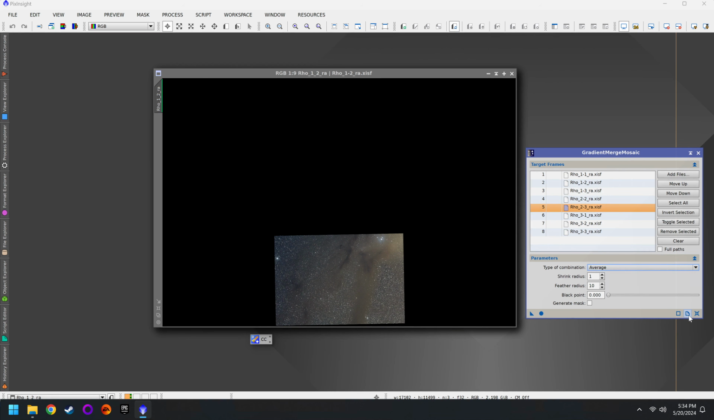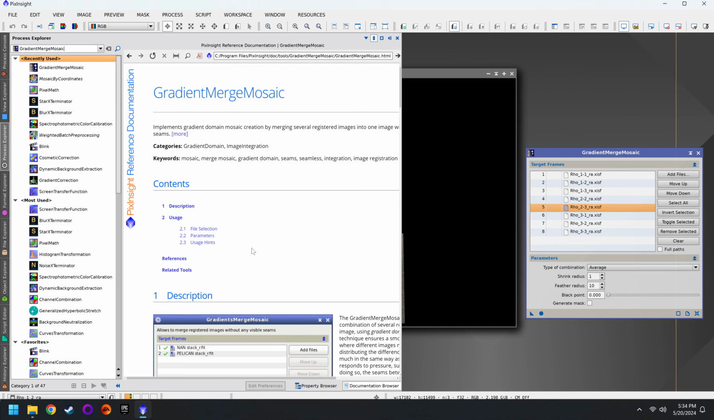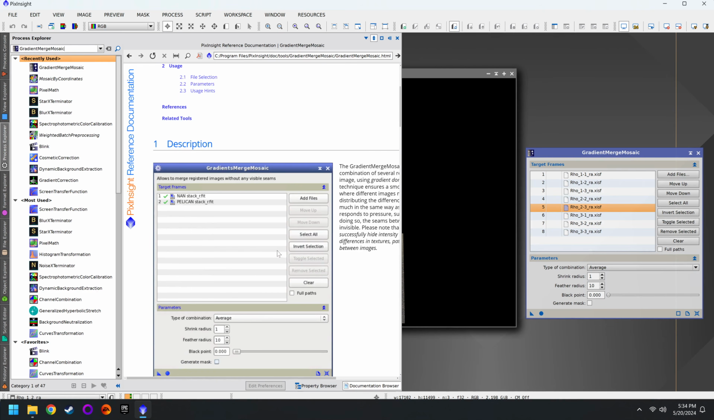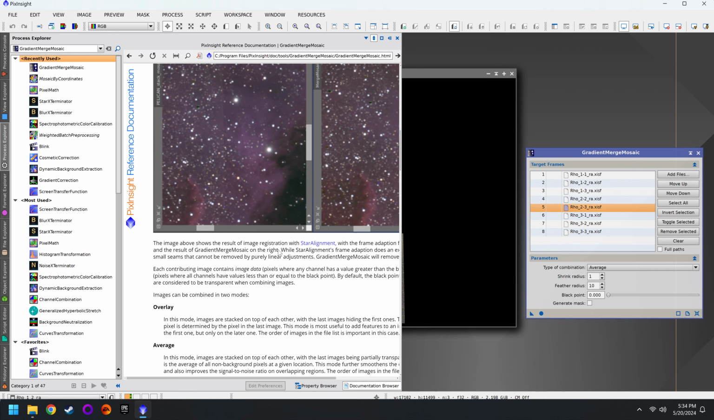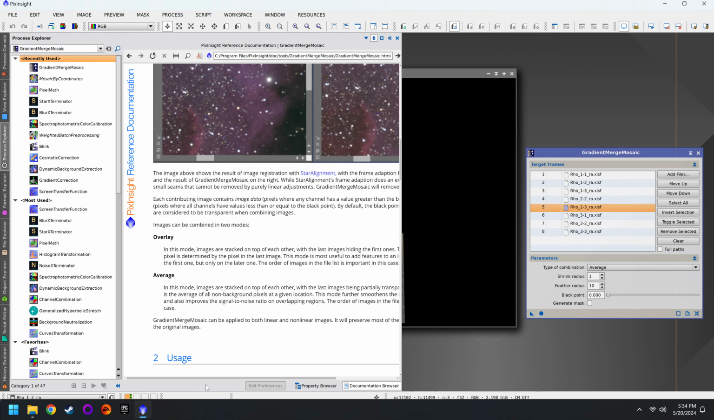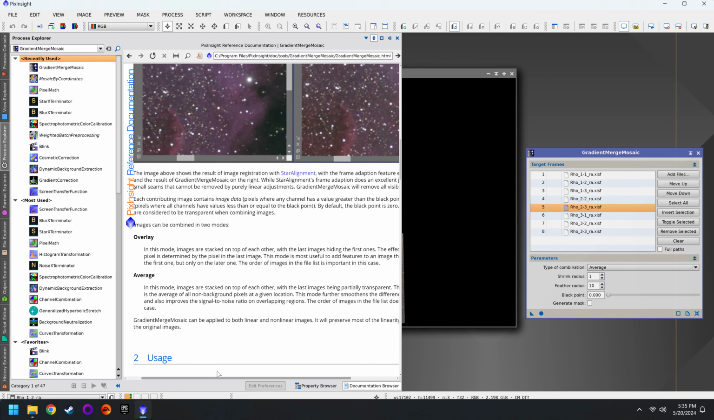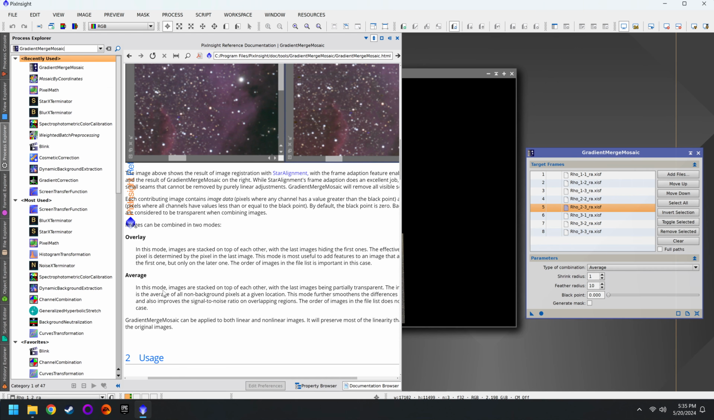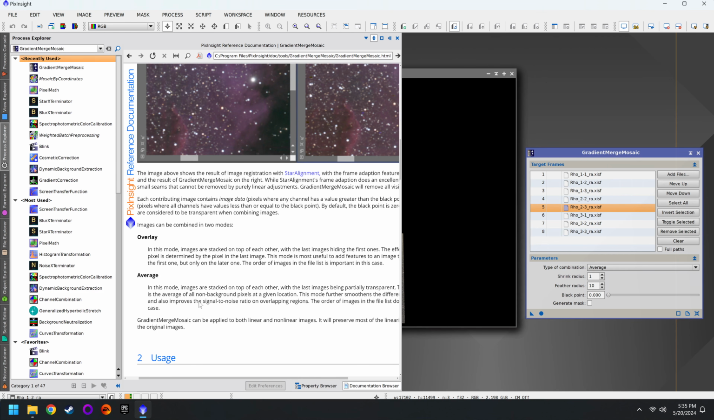If you click on the document icon, this will bring up all the documentation for the tool, which could be very helpful if you understand all the advanced things that they're trying to tell you. For example, the first consideration we have is either overlay or average. I would argue that average might give us better results, because this can improve the signal to noise ratio on overlapping regions, which should be as much as 15% per overlap. And the nice thing is, if you're not sure, you can always just try running both and see what looks